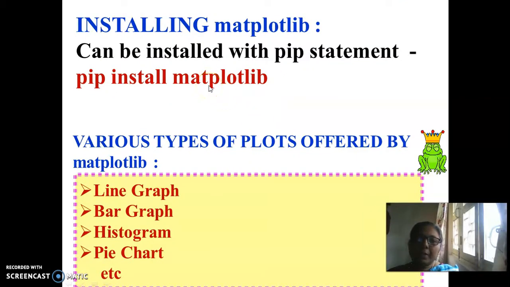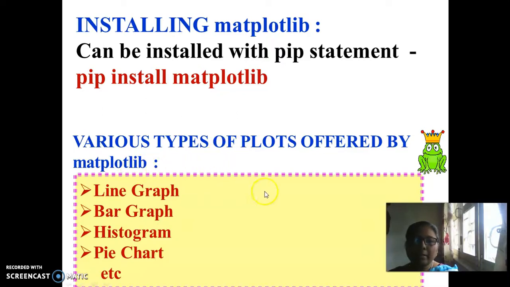Before we try to draw the charts, the first thing that we have to do is to install matplotlib at the command prompt. So at the command prompt, give the command pip install matplotlib. After installation, computer gives us back a successful message of installing matplotlib.